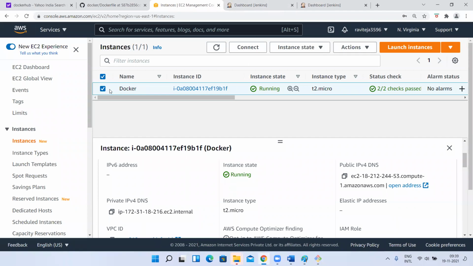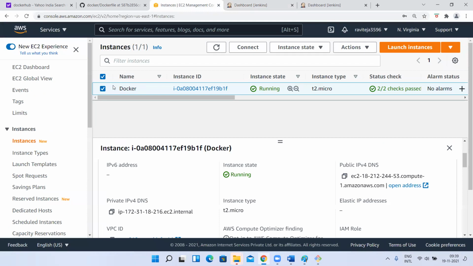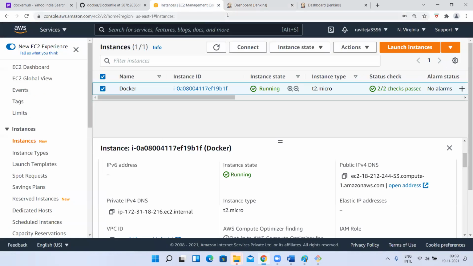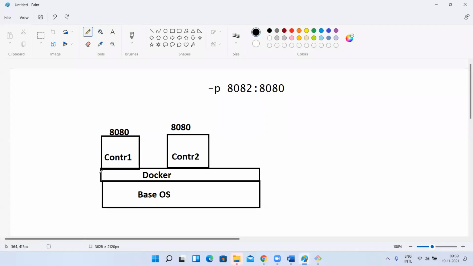But this EC2 instance is in the AWS network. Where is my browser located? On my laptop. They are not in the same network. This instance is on the AWS network, and this browser is on my network. So if I want to communicate from my browser to this EC2 instance, which is on a different network, I cannot use a private IP address. I have to use a public IP address. Understood?